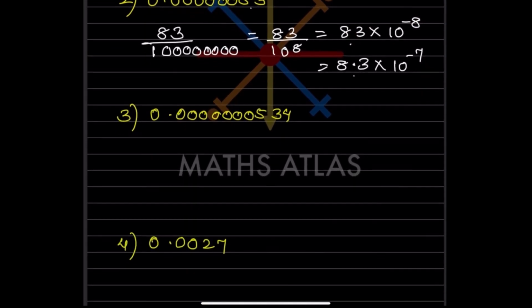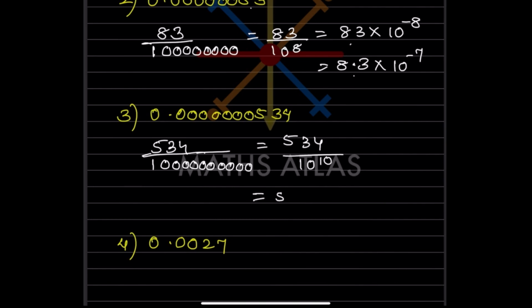Now here again, what will we write? We will write 534, because this is the number. Then we count here 1, 2, 3, 4, 5, 6, 7, 8, 9 and 10. So we will divide it by 10 zeros, that will be 534 divided by 10 raised to 10. If I take that 10 raised to 10 in the numerator, that will be negative 10. But now again this number 534 is a bigger number, so we have to take m less than 10.